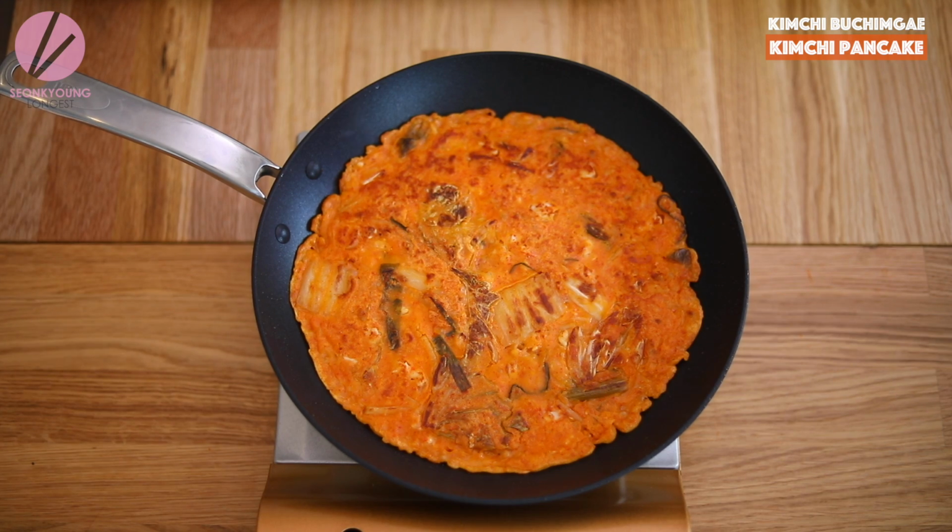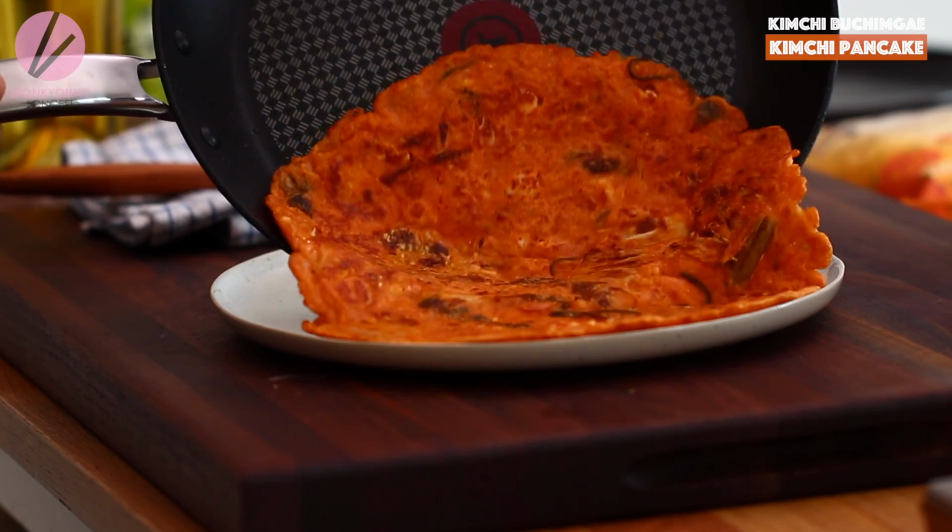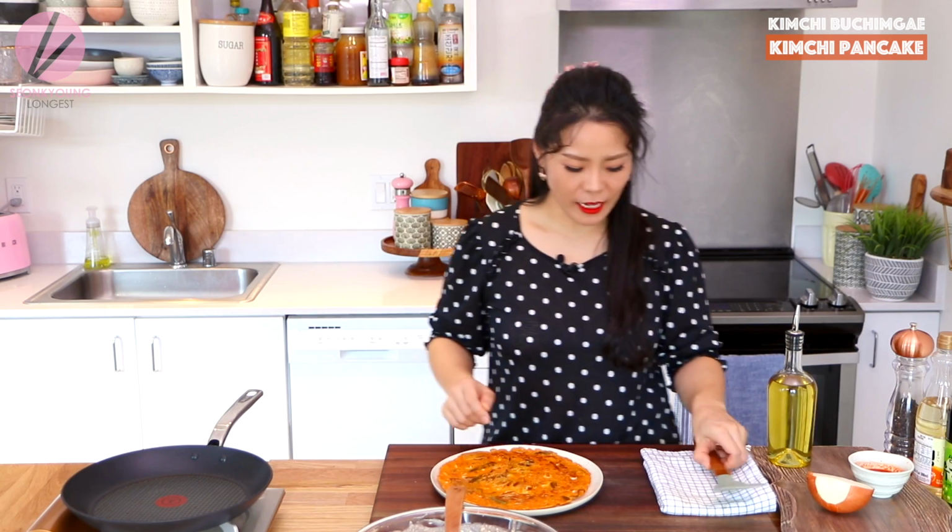So I flipped 2 times. First time, obviously, because we need to cook both sides. And I flip one more time to make sure I have this beautiful side on the top of the surface, so the presentation is good. Gorgeous. Okay, so you can eat it just like this, but obviously you do need a dipping sauce. You know what I mean? So while I'm making the dipping sauce,